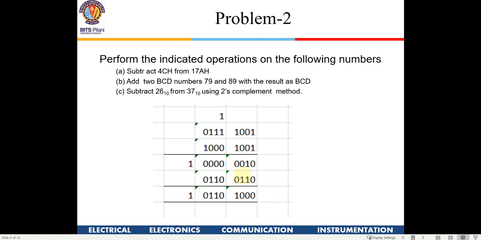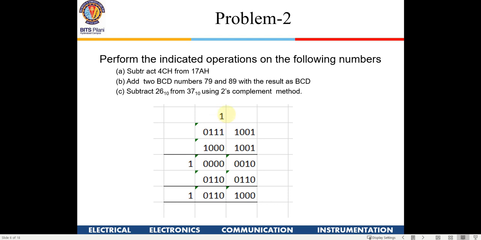From an examination point of view, here is a mistake many of you make. Suppose we add two digits and get a result greater than 9, for example adding 5 and 5 gives 10. There is no carry out here, so we add 6, but many of you wouldn't take the carry out. Even if there is no carry, when the result is greater than 9, you have to take a carry out here.